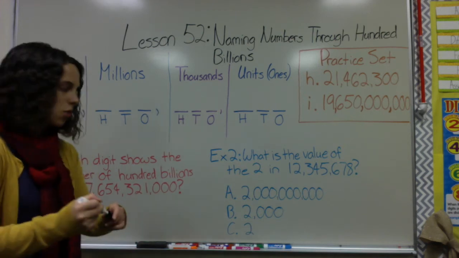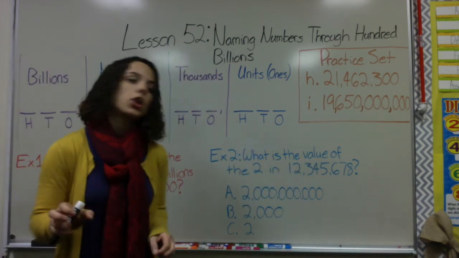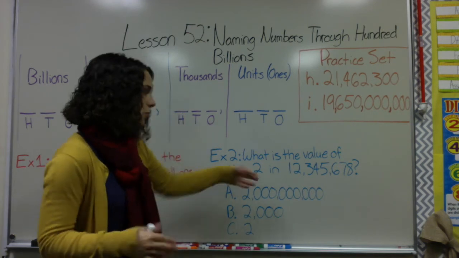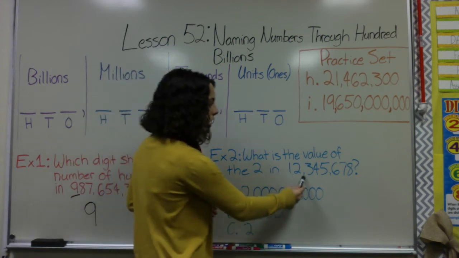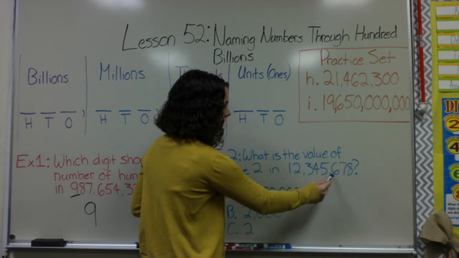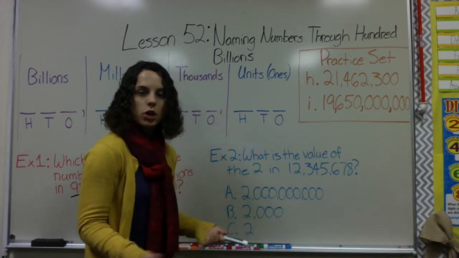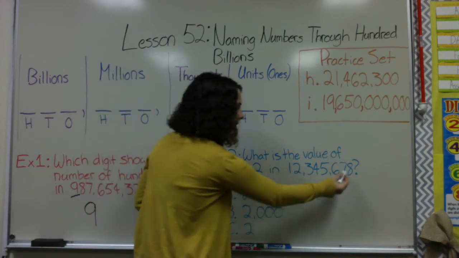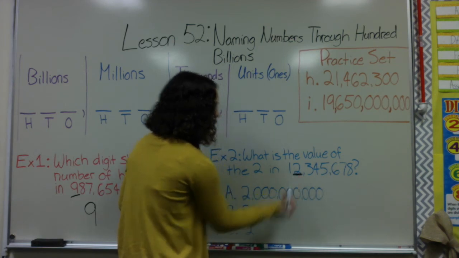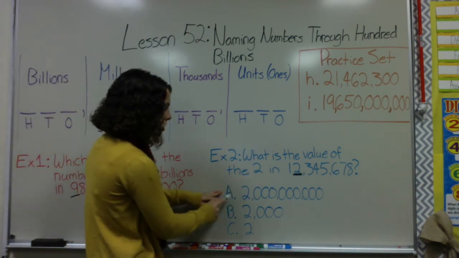In example 2, what is the value? So when I'm looking for the value of a digit, I want to know how much is that digit worth. I'm not trying to figure out what is the value of 2, well 2. But in this number, we have 12,345,678. What is the value of the 2? Well, first of all, I want to know what place value it's in. And I know this is my ones, thousands, this is going to be my millions, so it is in the millions place. That means the value is going to be worth 2 million,